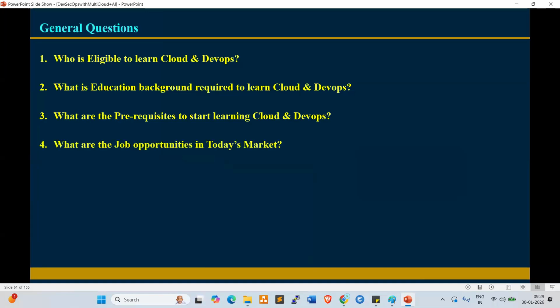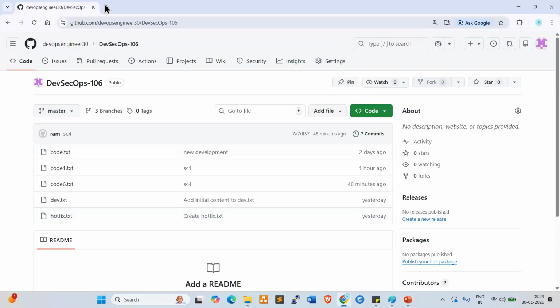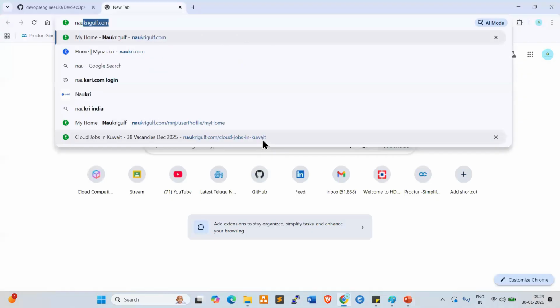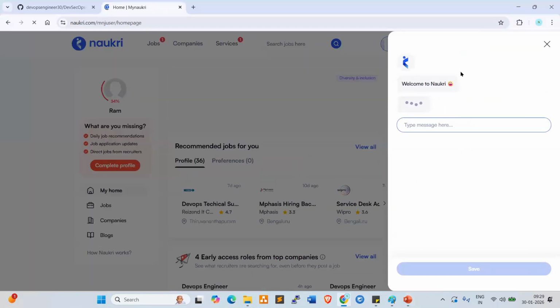The next question is, what are the job opportunities in today's market? Plenty of openings are currently available. Let's go to Naukri.com.